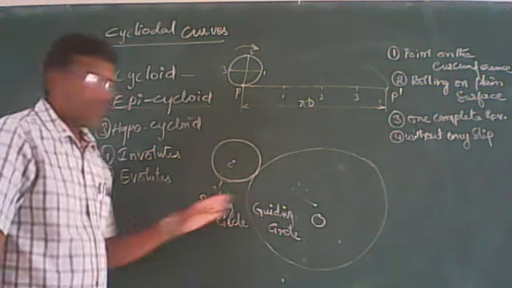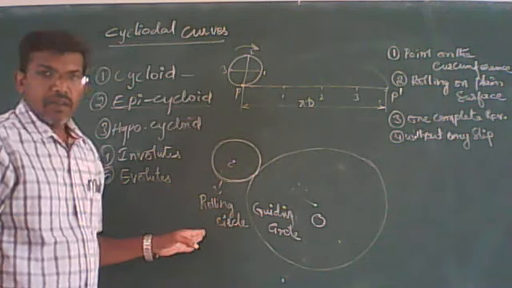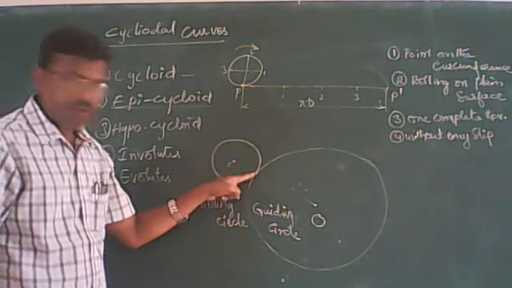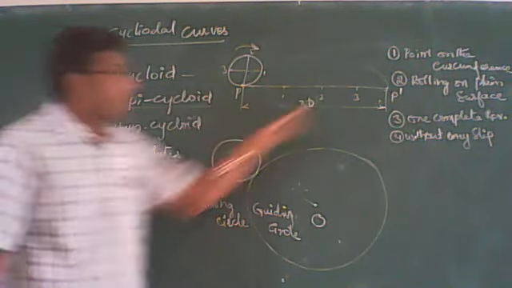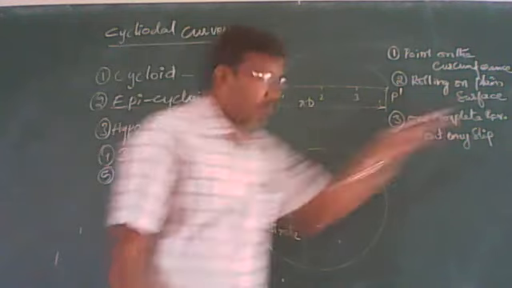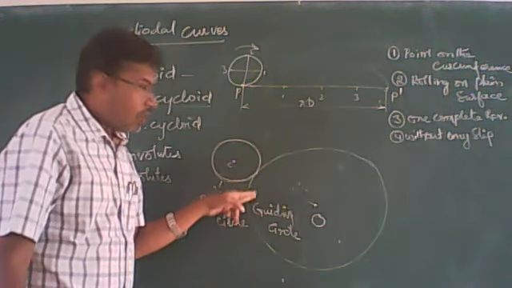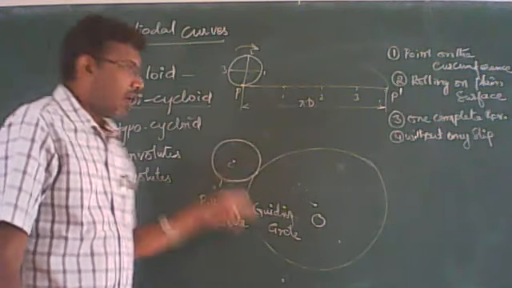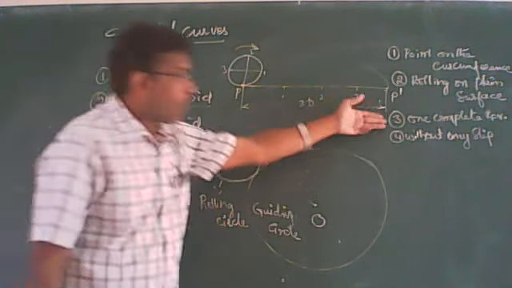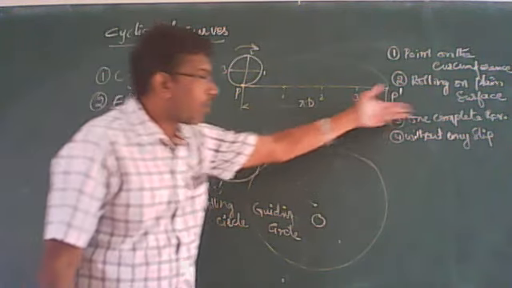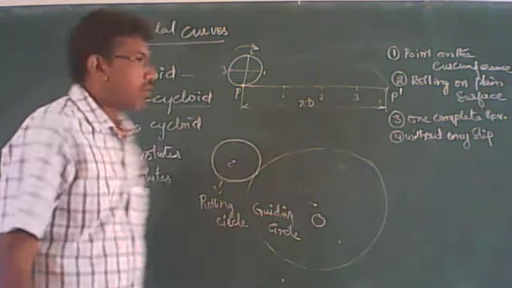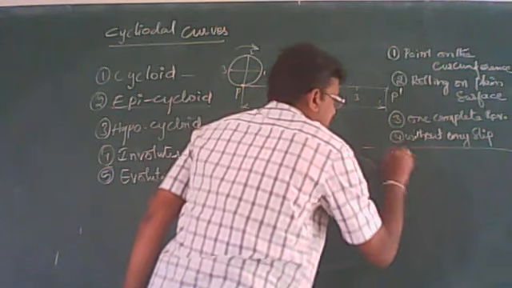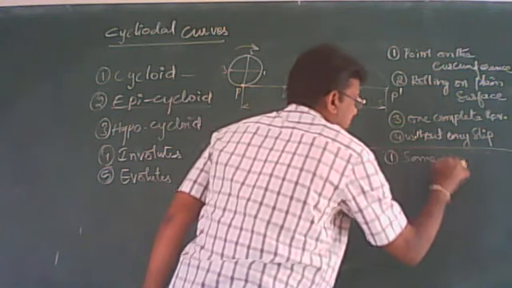Guiding circle and the rolling circle. The same definition, you remember: a point on the circumference of the circle. Here it is rolling on a plane surface, but in this case it is rolling on another surface of the circle, or outside the surface of another circle. Third point and fourth point are the same for one complete revolution without any slip. So here, the second point is changed. The first point is the same as above,